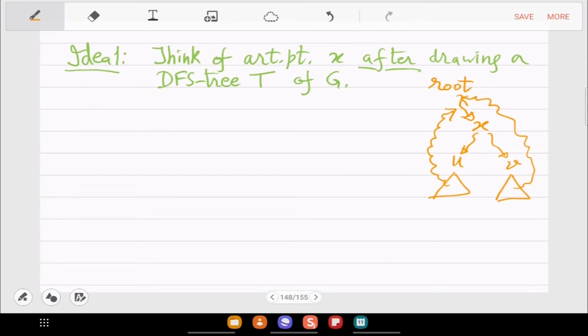So it is still possible that when you delete X, the subtrees have paths going above X, which means to an ancestor of X. Right? So when that happens, from a descendant of U you can go to an ancestor of X, and then from there you can take a cheating path to a descendant of V, and then go to V. Right? So it will not matter if you delete it. So these kinds of things are absent. If X is an articulation point with respect to the UV pair, then one of these has to be missing.